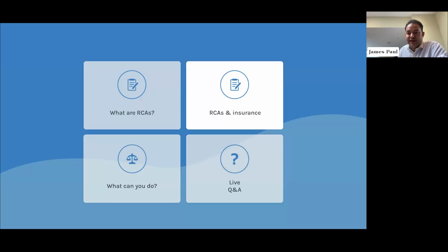So we see it a lot on new builds. New builds are regularly issued with rebuild figures that are not really enough to rebuild them in a real world situation. And the best advice that I can give any property or estate manager that's taking hold of a big estate from Barratt or Persimmon or whoever, just get an RCA done. Don't assume you'll be all right for the first few years, because you probably won't be.